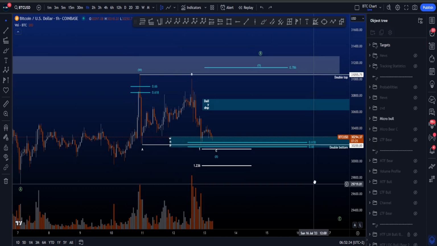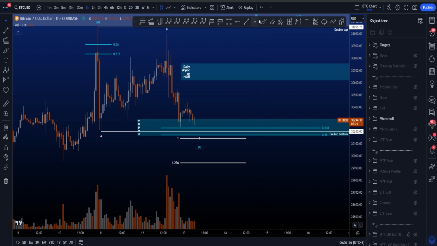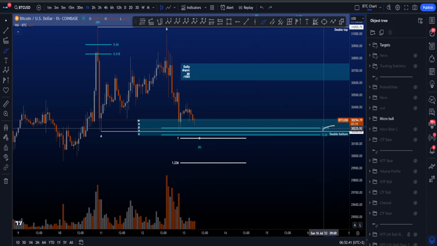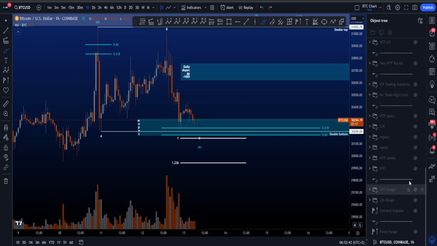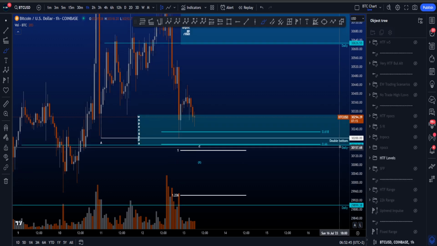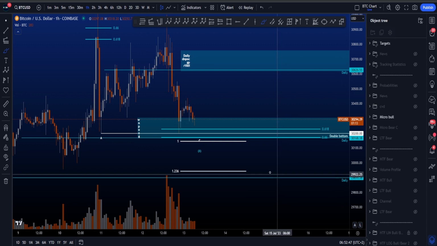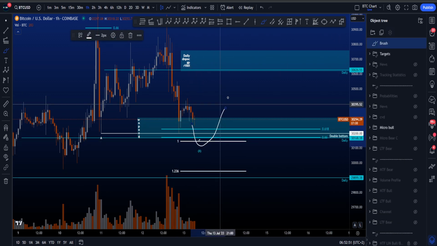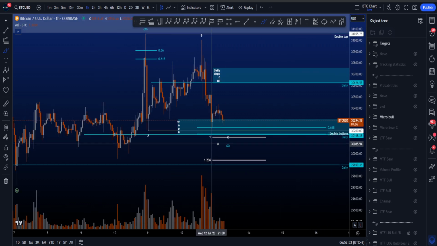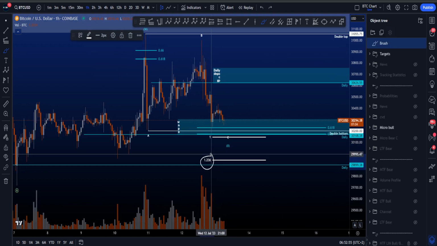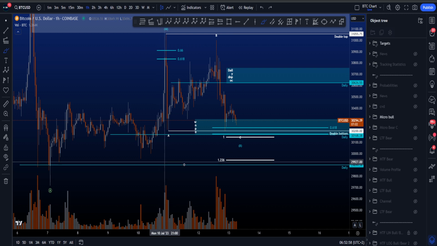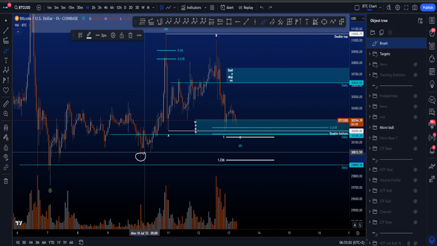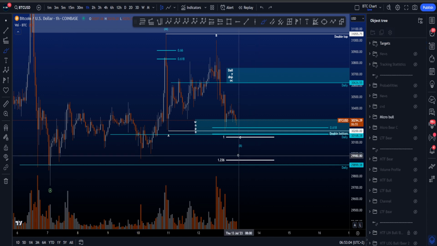Now, what is nice about this scenario is that, first of all, the 1-to-1 is now a target that you want to hit. It is right below the double bottom, and we also have a daily around that same level at 31.68. So we're going to hit the daily, take the double bottom, hit the 1-to-1, and then you want to see a reversal. And if price would potentially go a bit deeper towards the 1.236, that's absolutely fine, where we also have a daily at 29.9k, and we have a double bottom as well